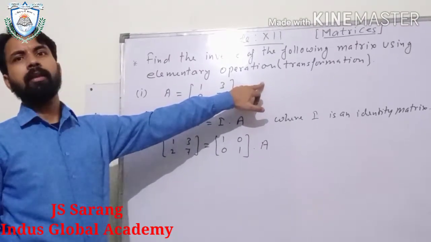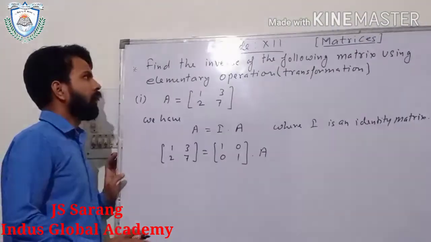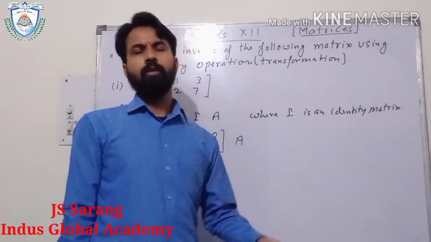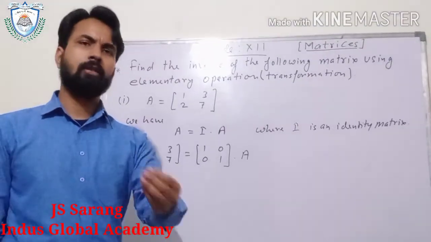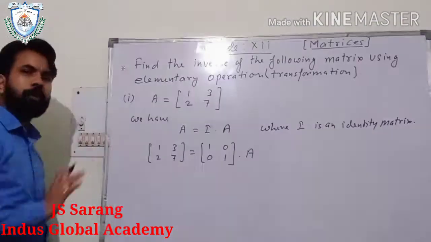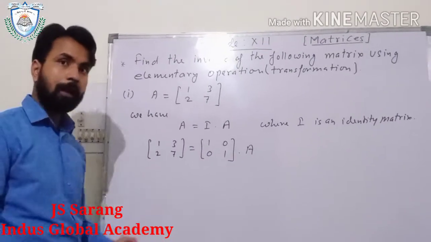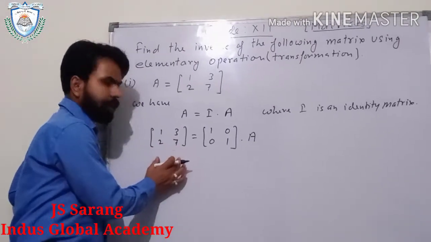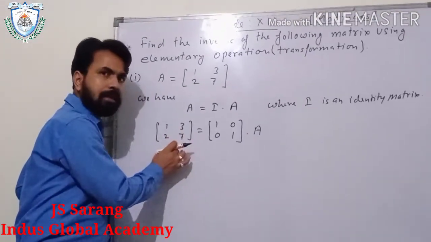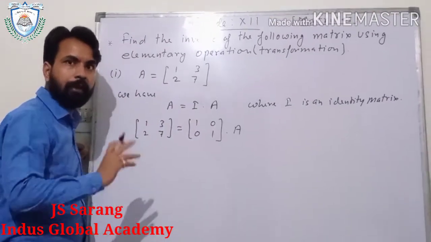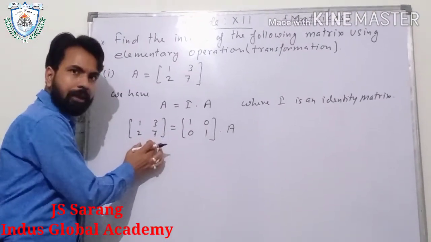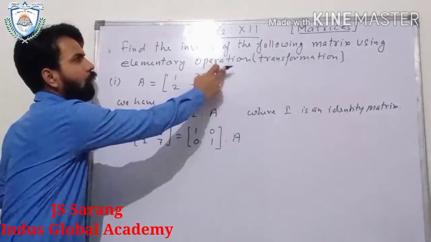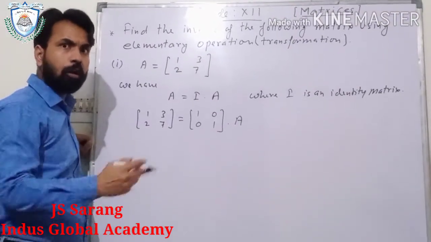So how can we solve this? Here it is our wish whether we use row operation or column operation. This depends on you. So I am applying row operation here. You can also apply the column operation. So what is our target? We will make this matrix the same as the identity matrix. What we have to do? We have to make this matrix equal to the identity matrix by applying the elementary operations. So here I am using the row operations.